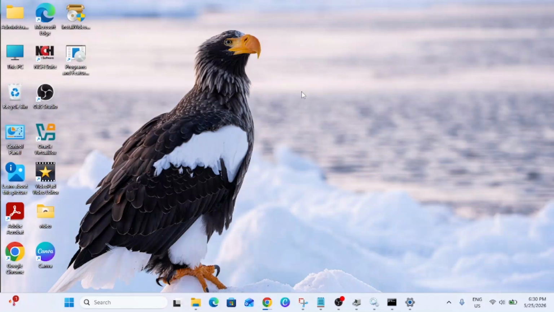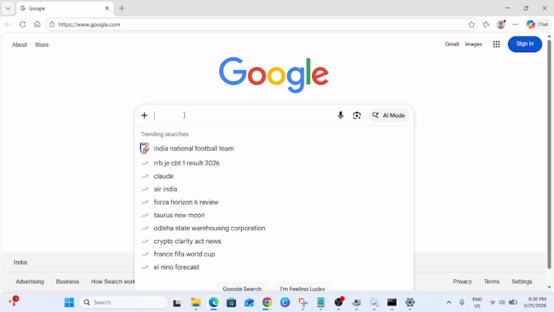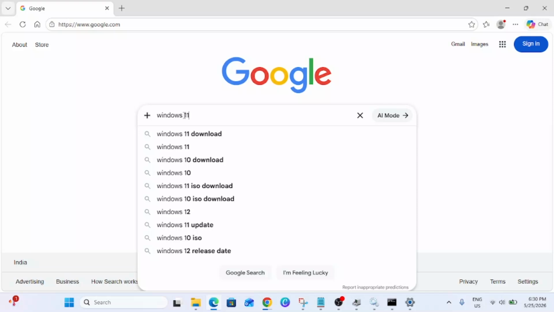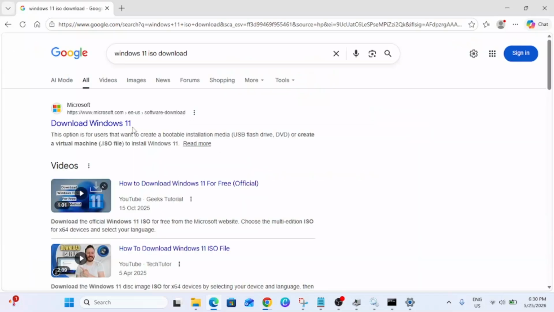In this video guys, I'm going to guide you how to install the latest Windows 11 on VirtualBox. So simply open any browser, and you need to have the ISO file of Windows 11. Simply go ahead and type Windows 11 ISO download. Go to the official link